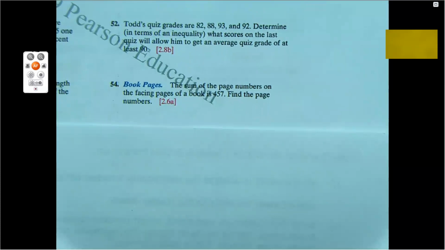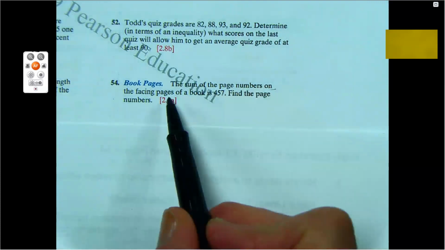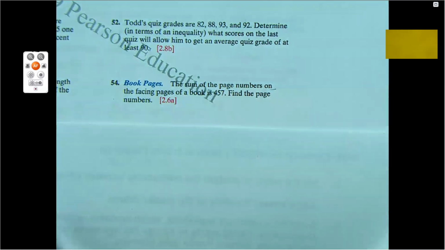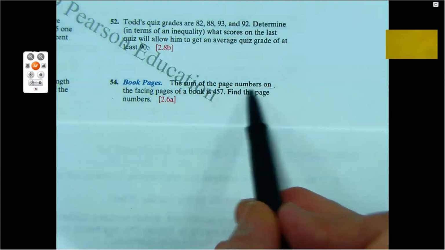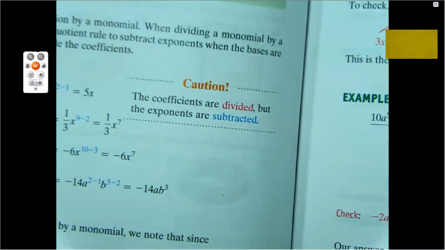Book pages, locker numbers, apartment numbers. This is book pages. The sum of the page numbers on the facing pages of a book is 457. Find the page numbers. The sum of the page numbers on facing pages of your book. Well, open your ebook. I'm going to open my book. These are facing pages, right? They face each other. As I lay the book open, one page number is 324. The facing page number is going to be